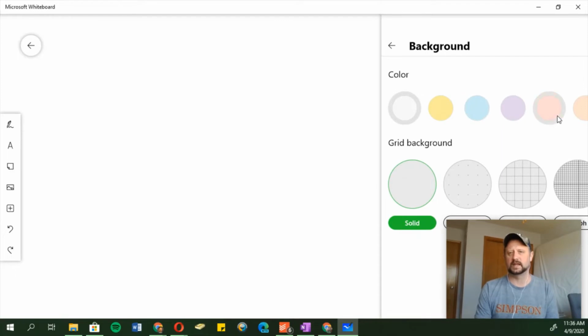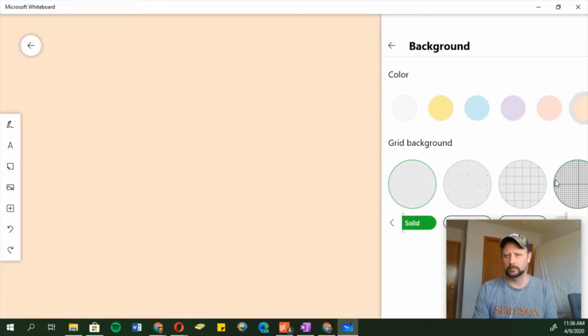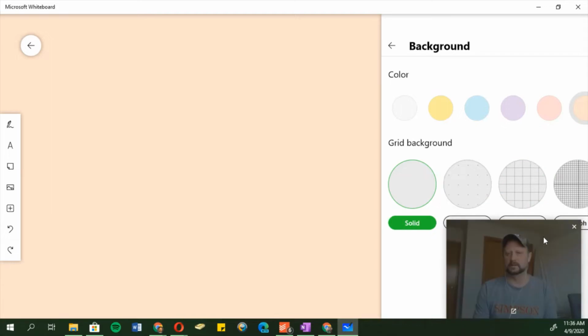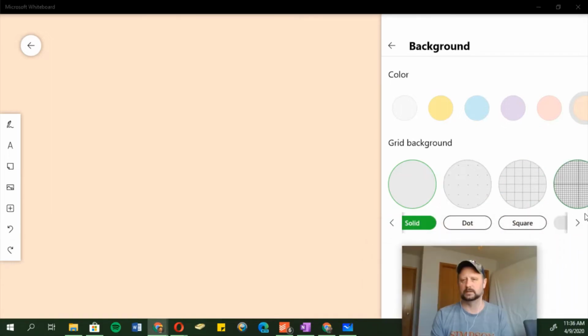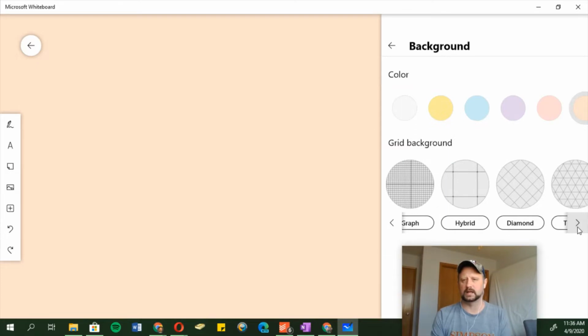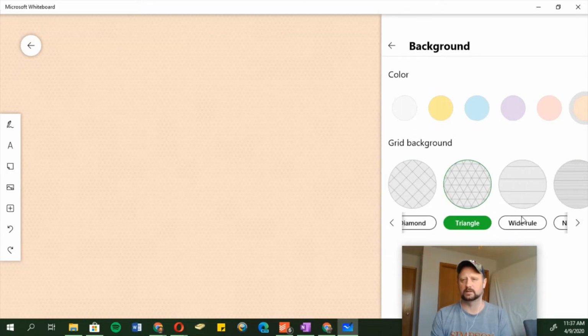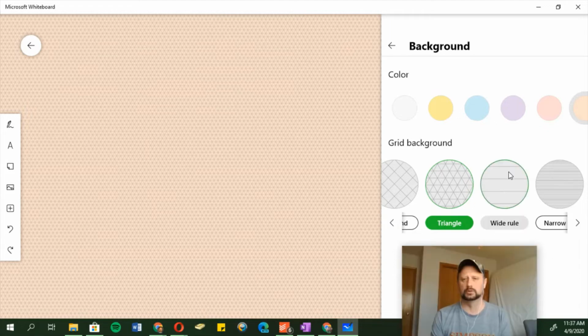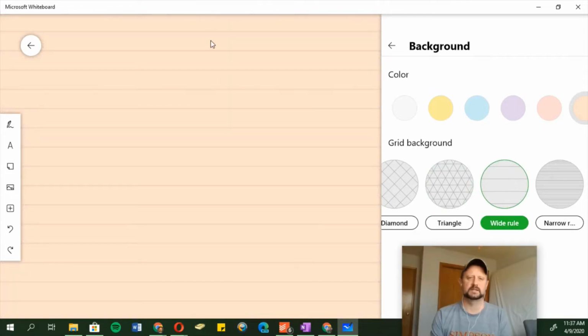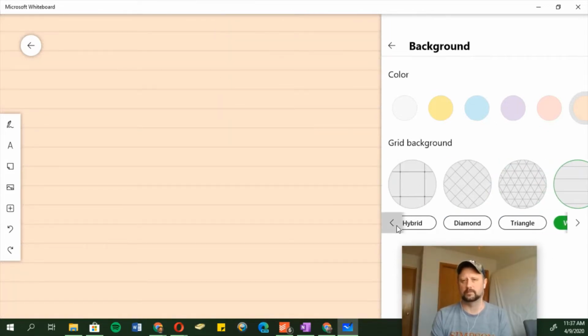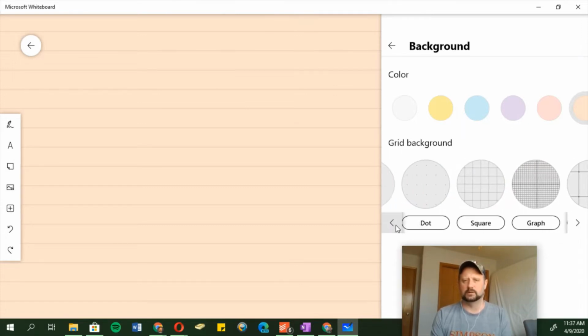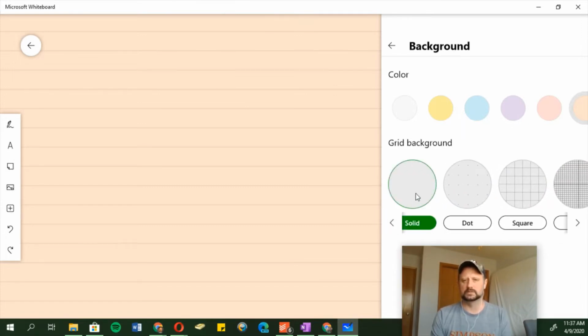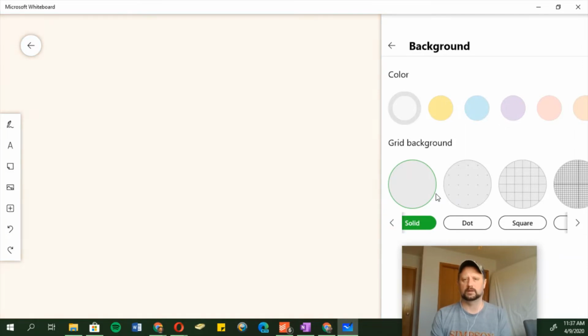And here I can say, like, well, I'd rather have a coral background, and even looks like there might be some, let's see, lots of different kinds of things here. Here's triangle backgrounds, or, well, that's pretty intense. Maybe some wide ruled backgrounds, looks like this. That way you can maybe write on it easier, kind of whatever fits your need. I'm just going to go ahead and switch back real quick to just a solid white background because it looks